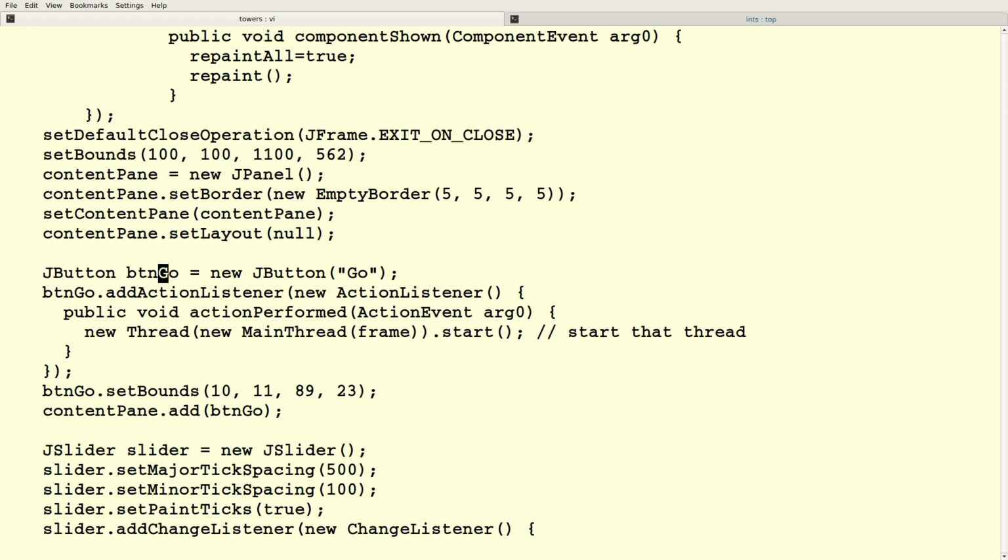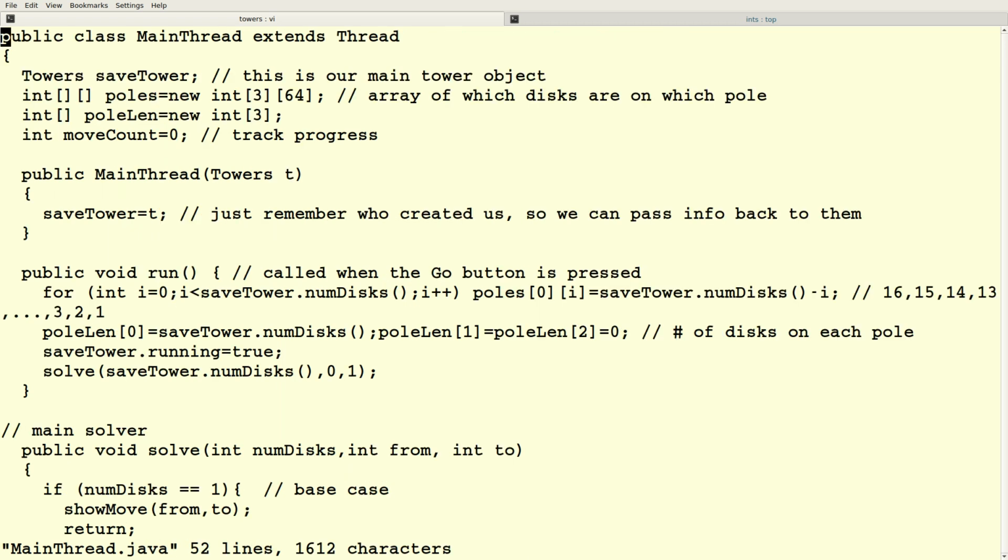There's my go button. And so the go button creates a new thread off of the class mainThread, and it runs the start method. And main thread is the code we made in 2.15 for basically playing Towers of Hanoi.